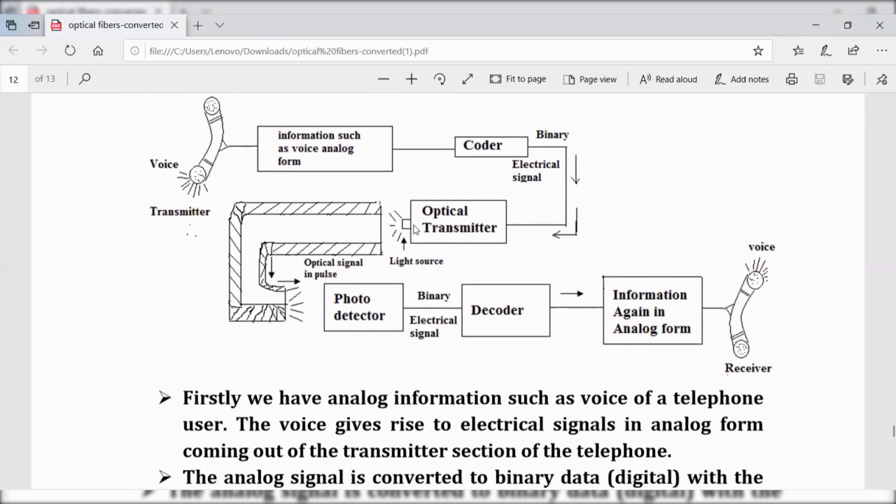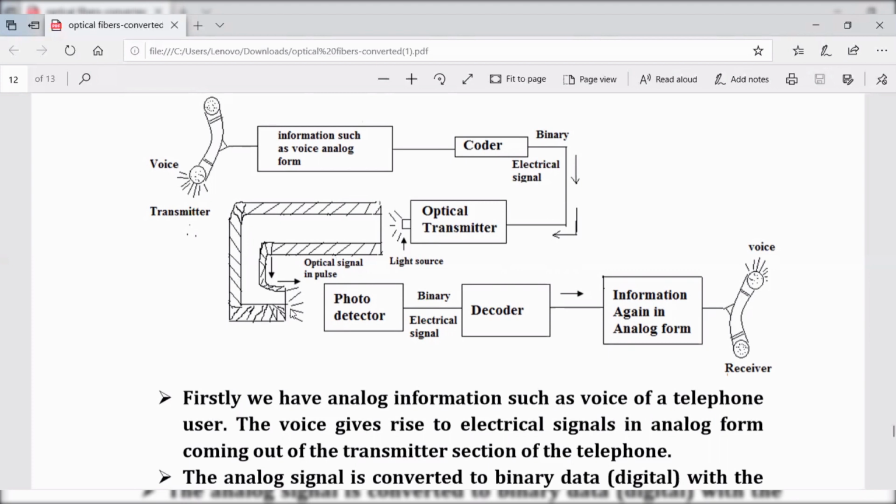Now this optical signal can be fed to an optical fiber, and the light propagates in the optical fiber. It undergoes total internal reflection over any required distance and reaches the other end of the optical fiber. Here care should be taken to minimize the attenuation, such that whatever input light is given to the optical fiber, we can receive the whole output at the output end.